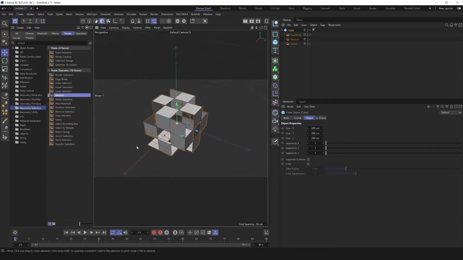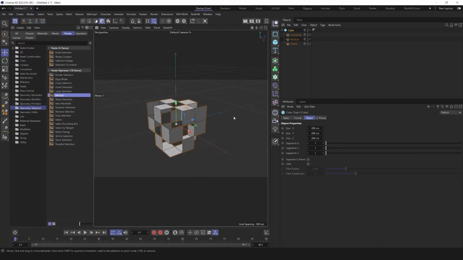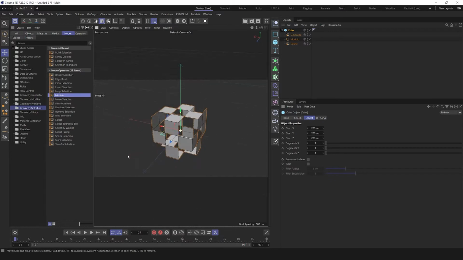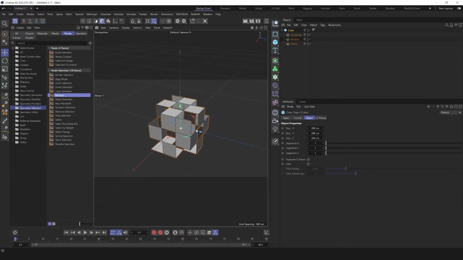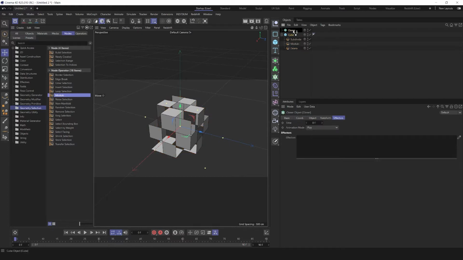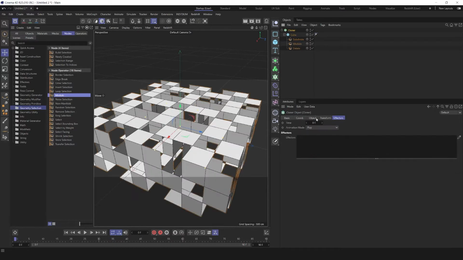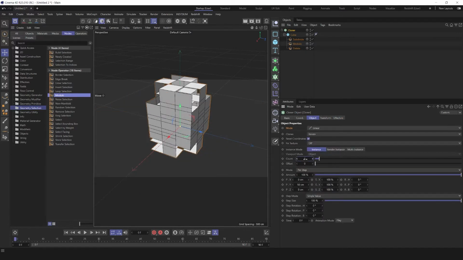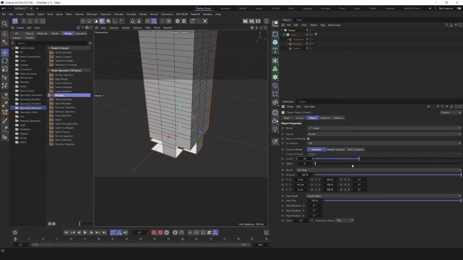Okay, something like that. So we immediately delete some of the polygons using a modulo operation. Looks not bad, but if you want to create more instances of this shape, we can go with classical MoGraph stuff. Create a cloner, for example, place our cube inside the cloner, go to the cloner object, change the mode to linear, and for example increase the count by 30, I think,